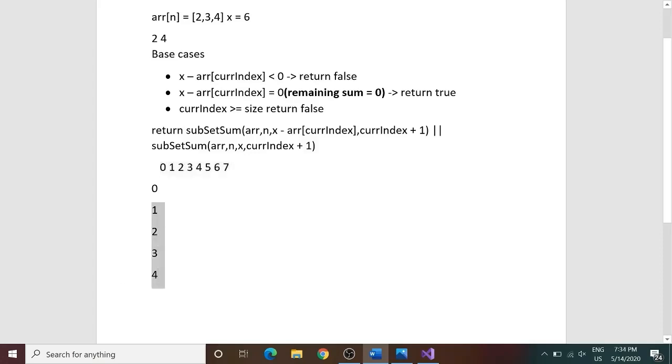Now what are these rows? These rows are nothing but the array which we are given. We would be creating subsets out of these elements, and we would be searching whether these subproblems are present or not, or can we have a sum with any of the subsets which equals these subproblems or not. So I think it would be clear.